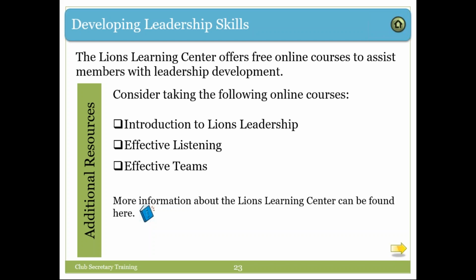If you're wanting to take your bachelor's degree through the Lions University, that's everything you need to know as a club officer, including club president training, club secretary training, club treasurer training, which are just three of the required courses for you to take. I highly recommend it, and I've already started my master's. I've finished my bachelor's, so.